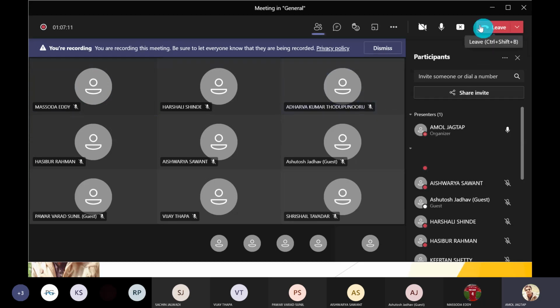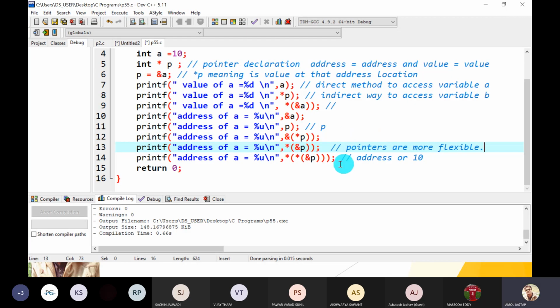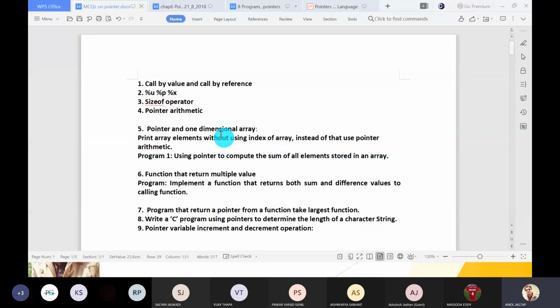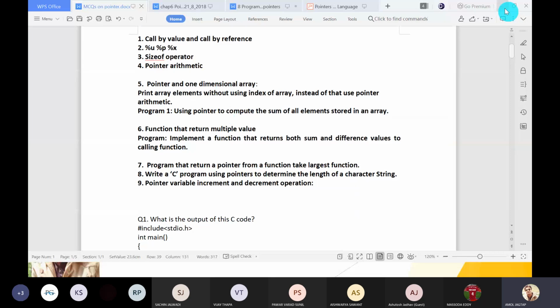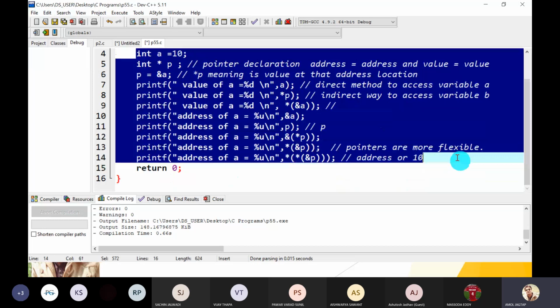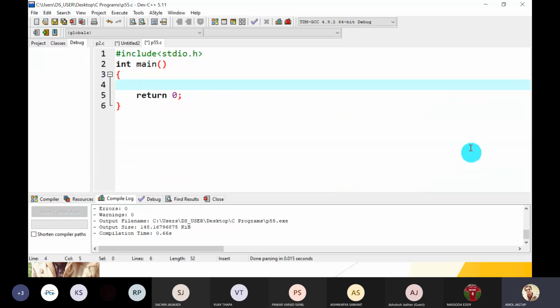Great. So let's start with another new concept in pointers. I hope you understand this flexibility of the pointers. Now take another one, pointer arithmetics. Let's take another example on pointer arithmetics.